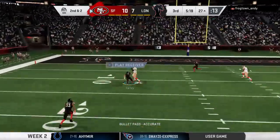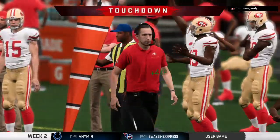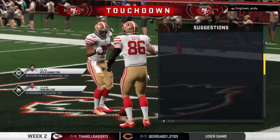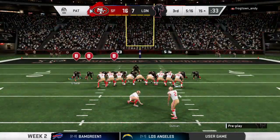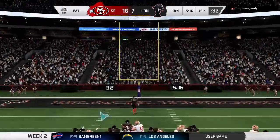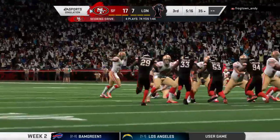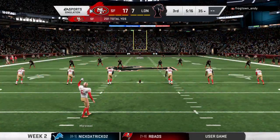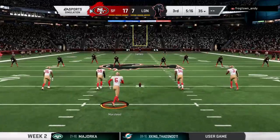From the 27, Garoppolo. And he finds his tight end. It's Ertz. And across the chalk, into the end zone. It's a 49er touchdown. Zach Ertz, his second touchdown of the night. And the Niners are able to stretch their lead. Extra point right down the middle. And the decision to just kick the extra point winds up successful. Morstead out now following the touchdown to